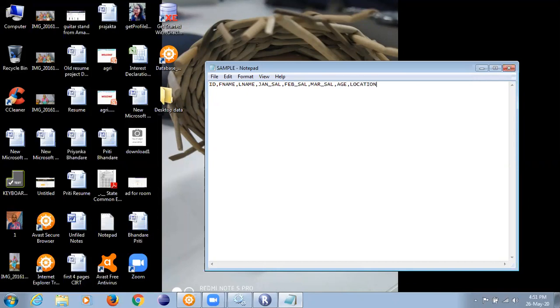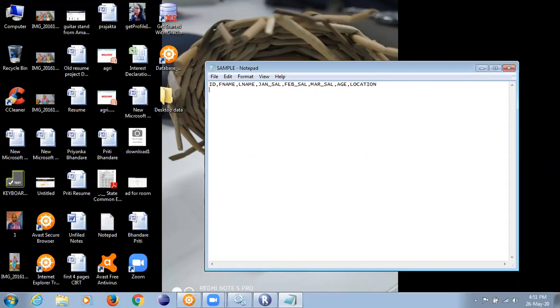Did you understand that this is a delimited file? We also call it a flat file. Whatever Notepad terminology we used to use, we will henceforth be using the term flat file. And it is a delimited file, because each value in the file is separated by a delimiter, which is a comma.